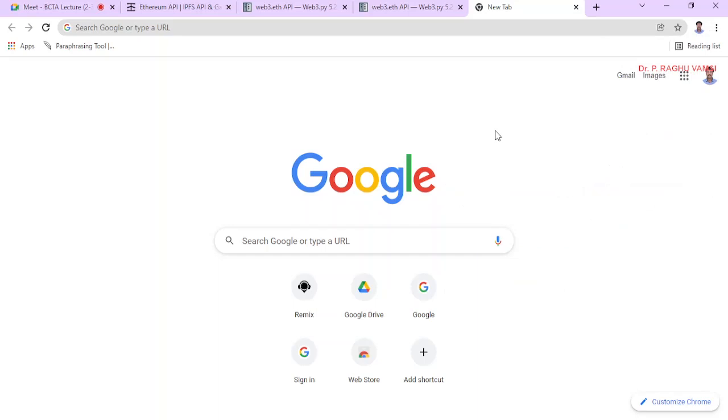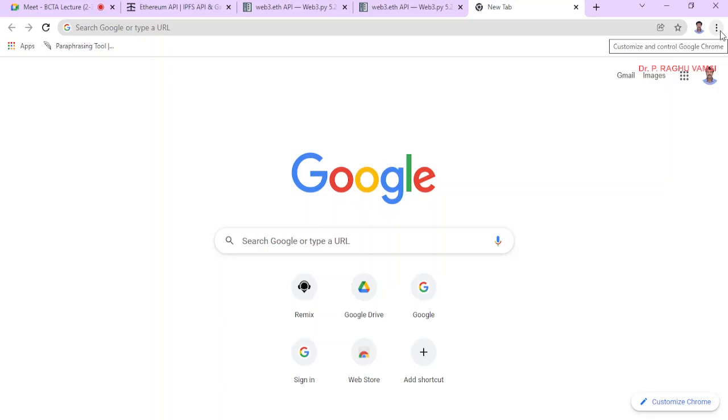That means we have seen the application development by including the Web3.js package in the HTML page, like script src equal to the path of the web3.min.js file where this Web3 package or API is available. But we can also directly take the Web3 from the browser itself, if the browser has installed MetaMask or any other injected Web3 plugins.